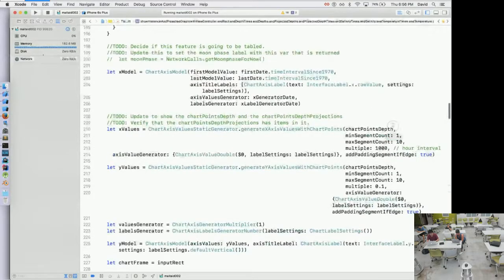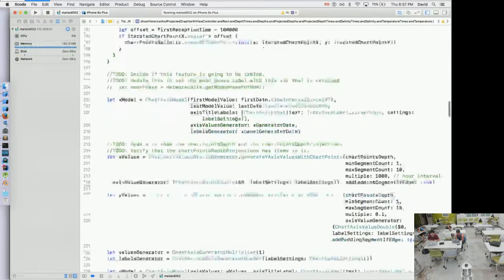Chart points depth. First date, okay. First date, last date. So I guess the next thing I want to do is check on